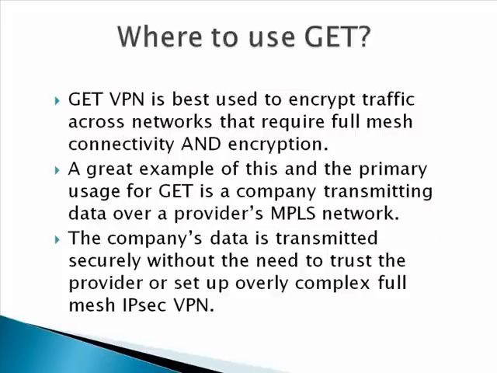Okay, so where will you use GetVPN? Cisco was really thinking here. It's best to use, like it says here, to encrypt traffic across networks that need full mesh connectivity and encryption. So a great example of that is you are going to be transmitting data across your corporate network, probably sensitive data, credit card information, social security numbers, medical records, etc.,